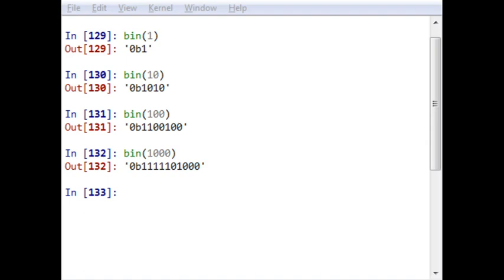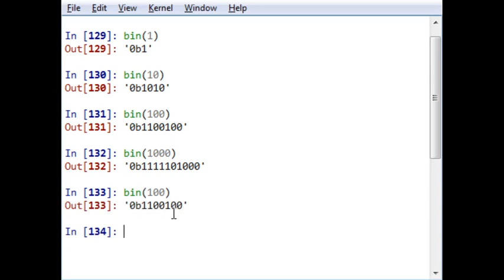Now you can understand that bitwise operators operate on this number at a bit level. For example, let me take the binary of 100. If this 100 is shifted by 1, it will become 200, and now what is the binary of this 200?